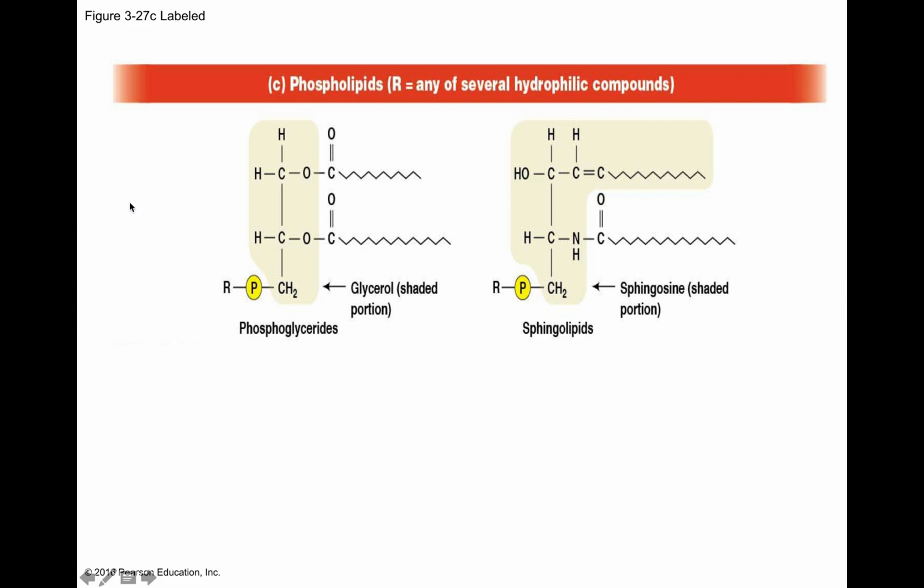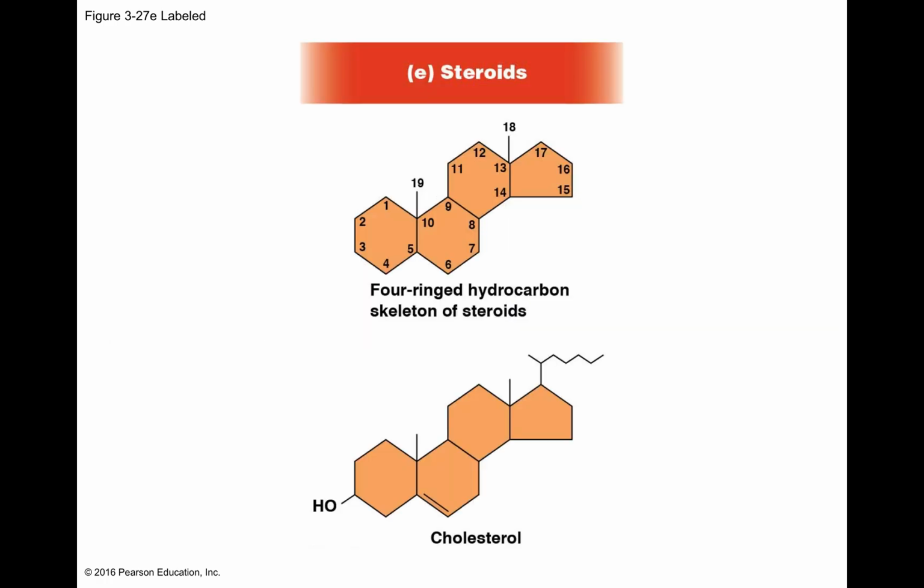This part would be the charged part, and then this part down here would be the uncharged or hydrophobic part. Hydrophilic part up here, hydrophobic part down there, and together this is called an amphipathic molecule, and these make up membranes. There's also steroids, which have a totally different shape, a ring sort of structure. These are also important in forming membranes.